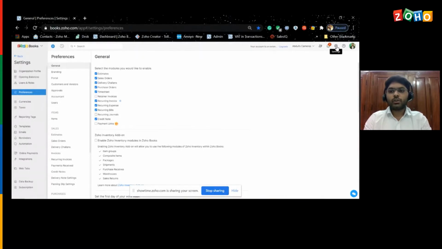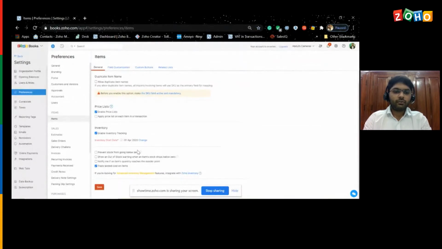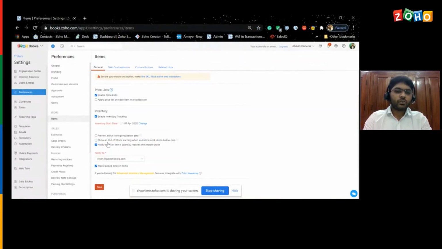Okay, so for that, what you can do is you can just go to settings, preferences, and then click on items. So here we have an option to set the reorder point. So we can check this box and we can set the email address to which the notification needs to be